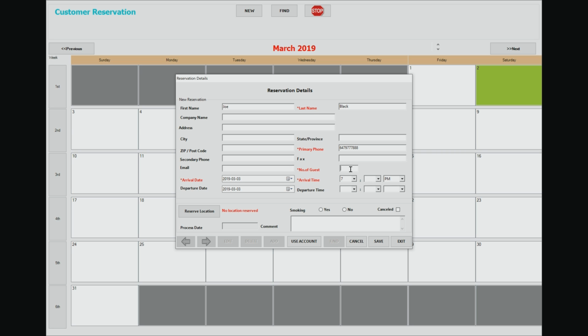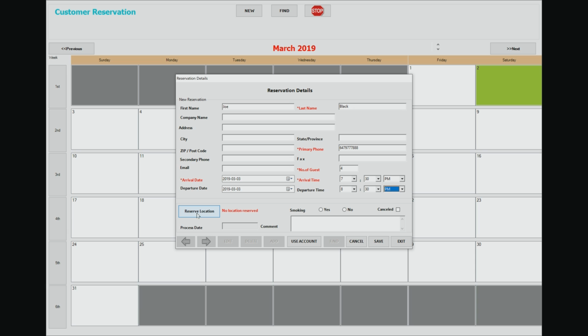Just like that. How many people are coming to the reservation? 4, let's say. And what time are they coming? 7:30. Now, notice the departure time, I apologize, is not a requirement. But if you put this here, it gives you a little bit more flexibility when you are using the system to block out certain tables. So if I do this and say 8:30 p.m.,